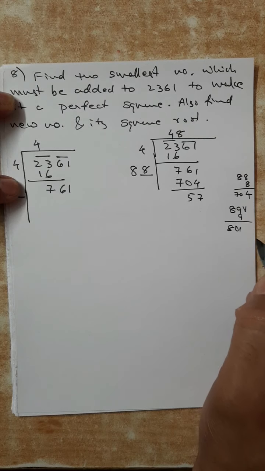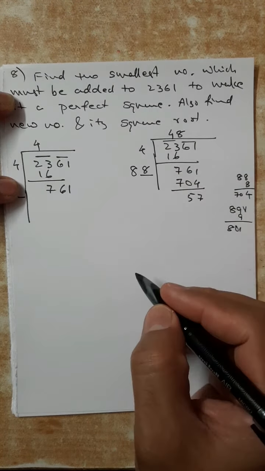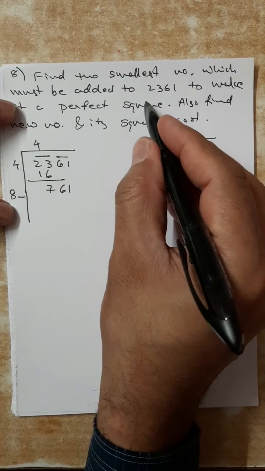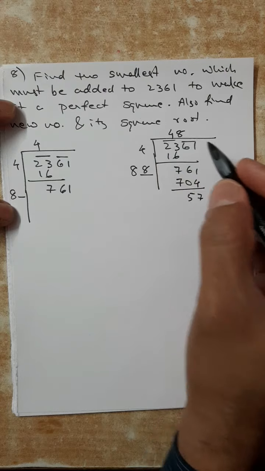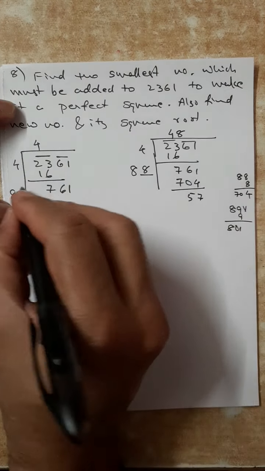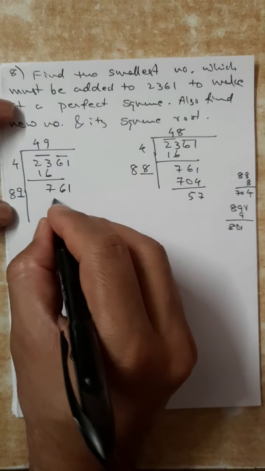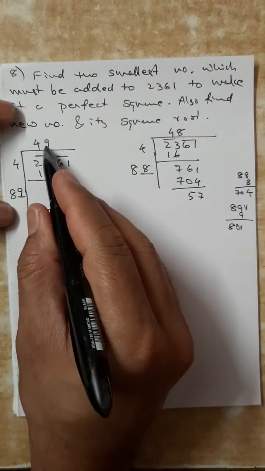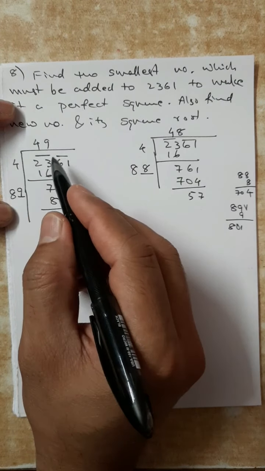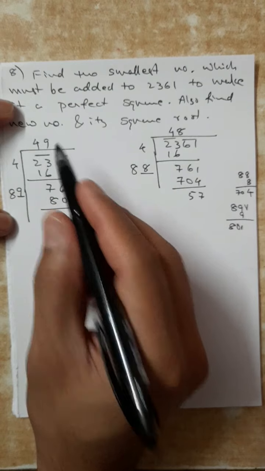801. 9 is not going. 9 times it is not going. That's why I did 8. Now, our question is what should be added. So, instead of writing the correct number 8, we will go for the next number. Next number is 9. 49. 9 into 89 is 801. Okay. So, not the correct number. Wrong number is taken. After the correct number 8, the next digit is taken. Next number is 9. 49 is taken.